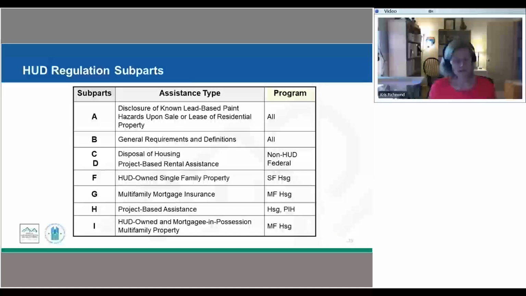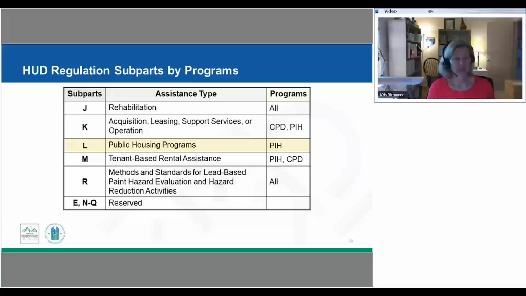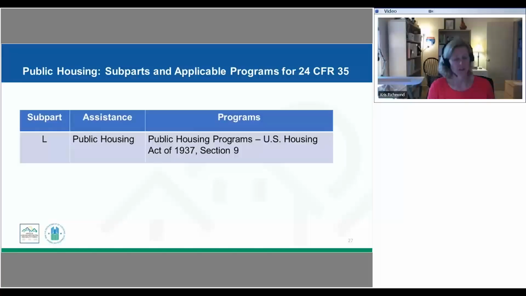So these are the different sections in the regulations. Today, like I said, we are going to be focusing on Subpart L for public housing. We also need to make sure that we're following Subpart A, disclosure. I have a couple of slides to talk about that. B, the definitions and requirements. And then, as I said, L for public housing, and we're also going to be talking about Subpart R, methods and standards for paint evaluation and hazard reduction activities. So lots of different requirements, and you'll see how they all overlay and